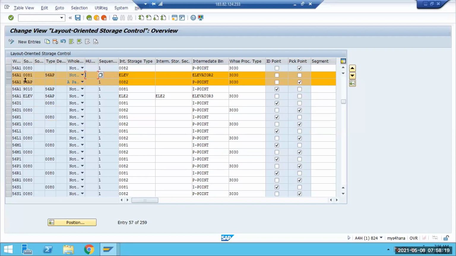Source is the key. For example, if you see these two entries, in this case I have just considered one partial interim stage, wherein the first stage is 56 AP, and I have mentioned the partial removal of the product. I'm trying to achieve that if it's a partial HU, then this interim stage will come into picture, which is the pick point. Because I have removed one entire pallet, out of the entire pallet there are 100 quantity, 40 I will move to the output side, but 60 has to go back to the same storage.